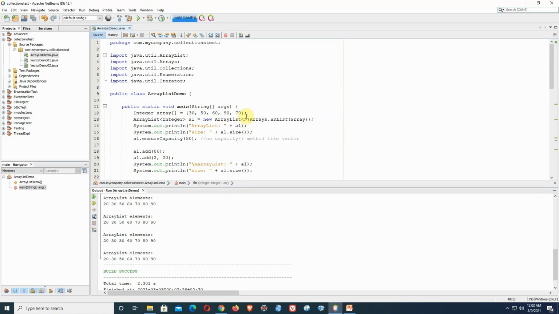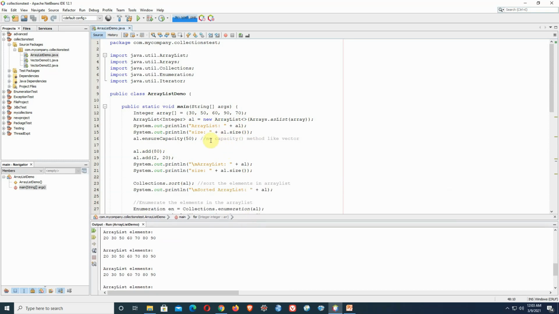But array list is not thread safe, it is thread unsafe, better to say. That means it is not synchronized at all, and it is not having the capacity method like vector, but it is actually having a method called ensure capacity that will be ensuring enough space for making room for new elements. So in that way it will be trying to manage space requirement for adding new elements.